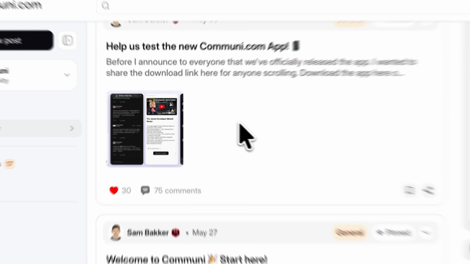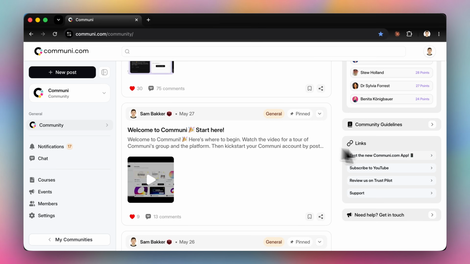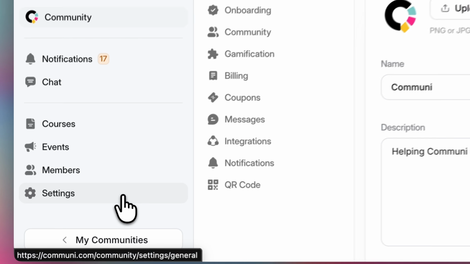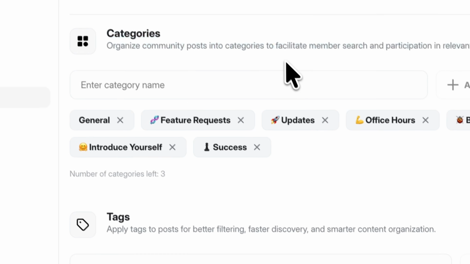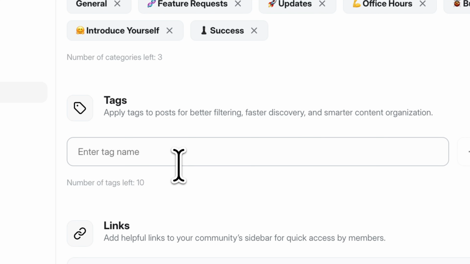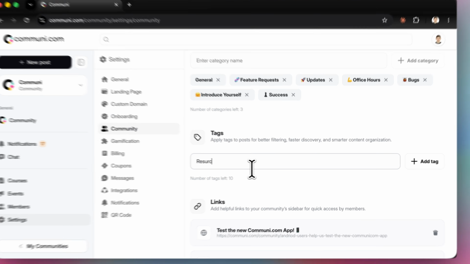Okay, so in this video, we're going to look at tags and we're also going to look at links. So tags and links are featured in this right-hand side here. Now you get to the tags by going into Community. It's underneath the categories here, tags. So you could add, for example, resources